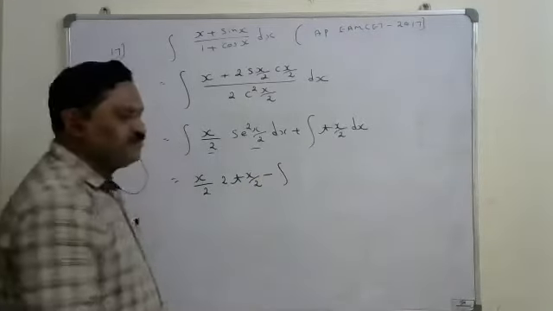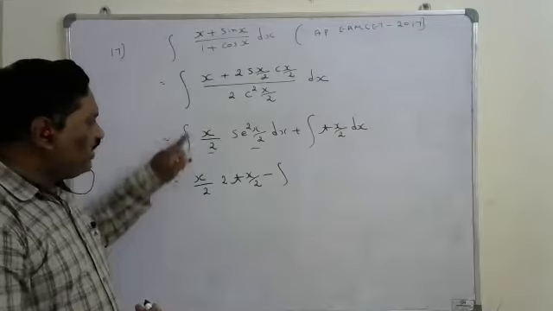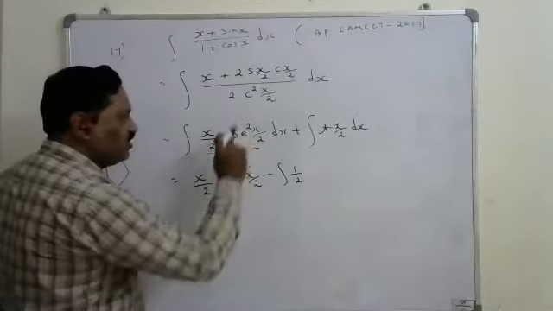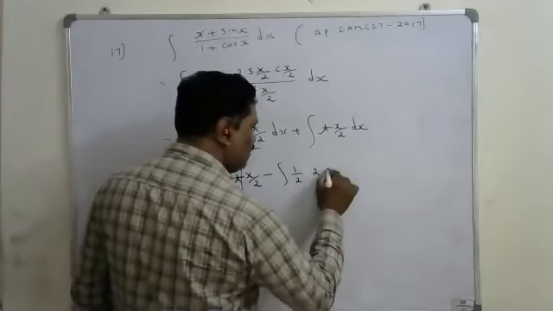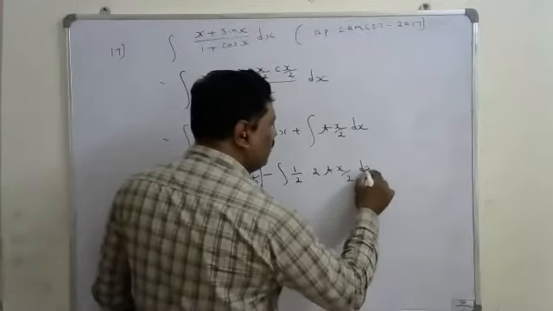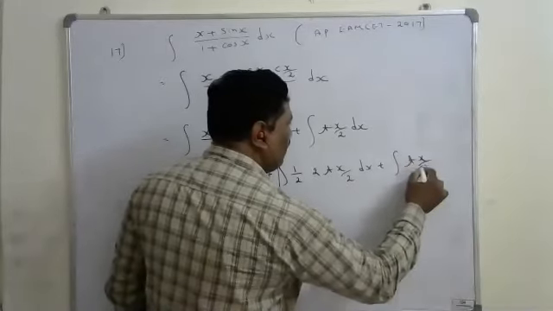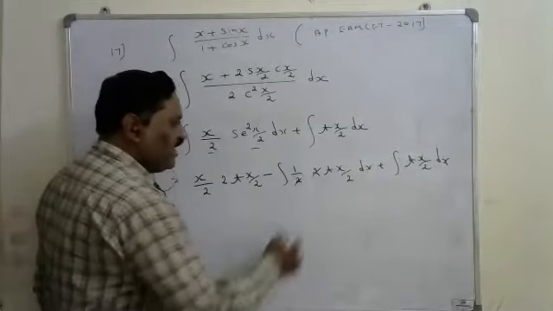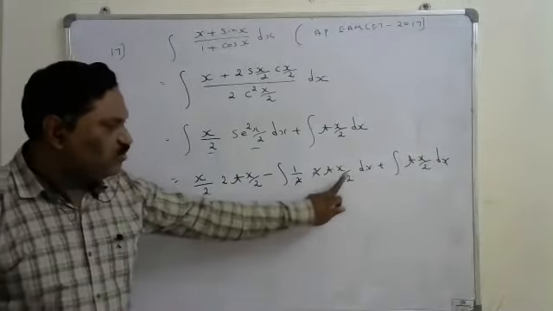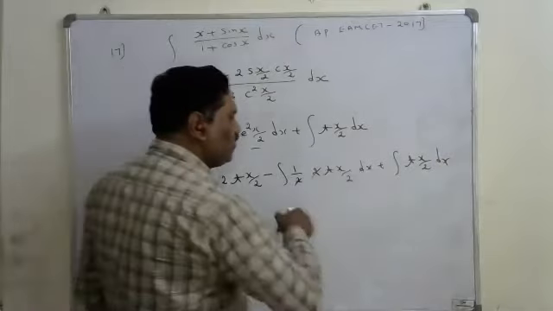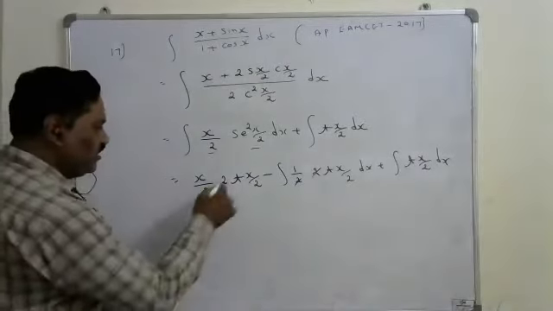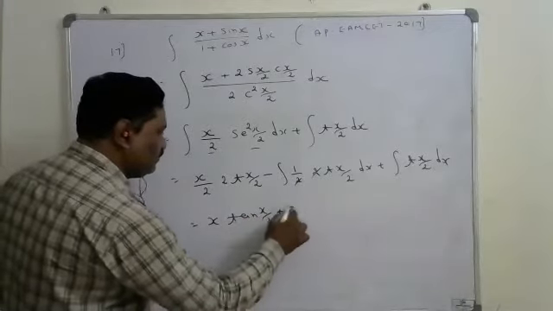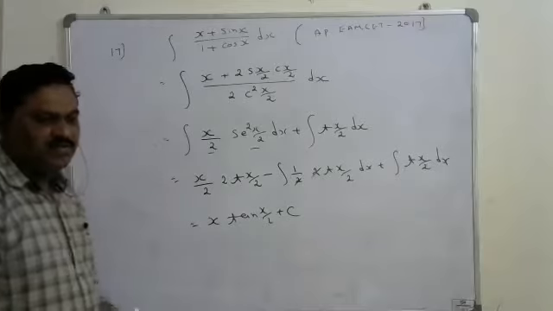Minus integral. Immediately we have to keep the minus integral. We have to take the derivative of the first function. The derivative of x by 2 is 1 by 2. And we have to integrate the second function, whose integration is 2 tan x by 2. Plus here there is tan x by 2 dx. So write down the term as it is. Now 2 and 2 get cancelled, so it is minus integral tan x by 2 plus integral tan x by 2, which means these two terms get cancelled. Then the answer is x into tan x by 2 plus c. Because these two terms automatically get cancelled, that is the answer. Write it down.